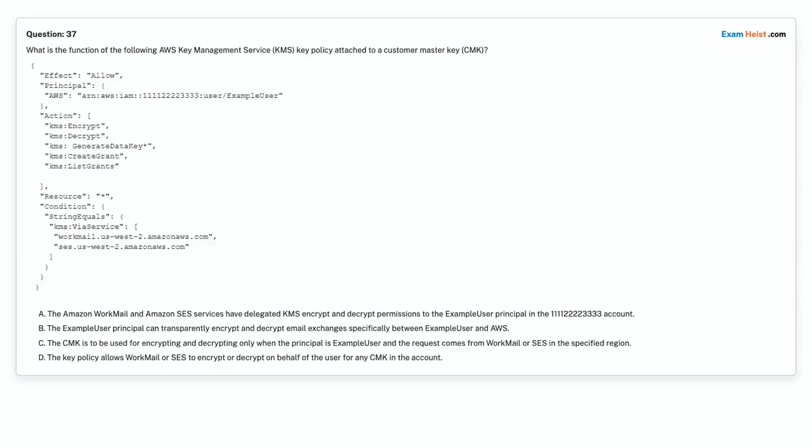Question 37. What is the function of the following AWS Key Management Service, KMS, key policy attached to a customer master key, CMK? Option A. The Amazon WorkMail and Amazon SES services have delegated KMS encrypt and decrypt permissions to the example user principal in the